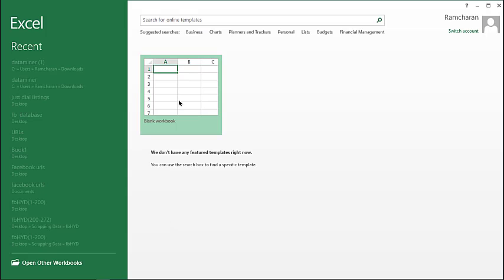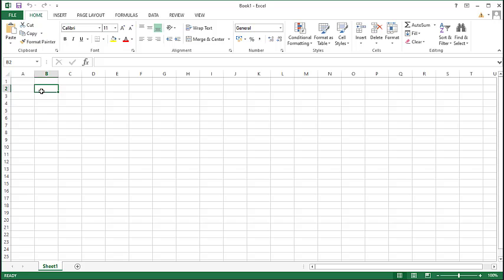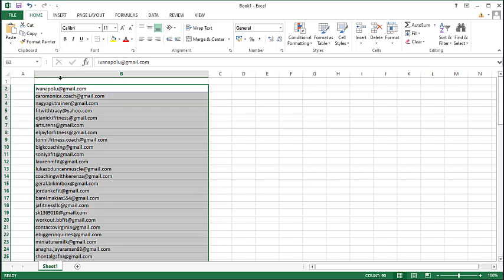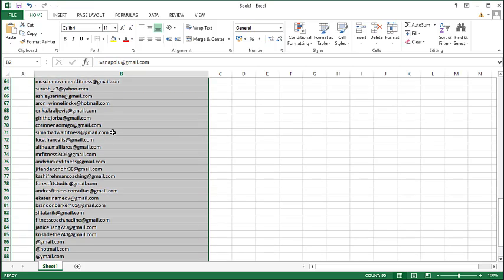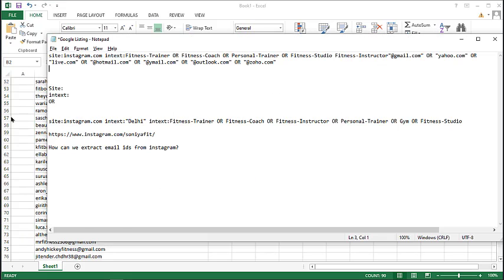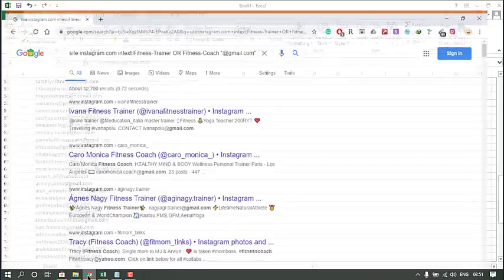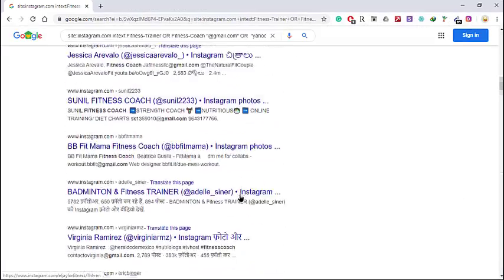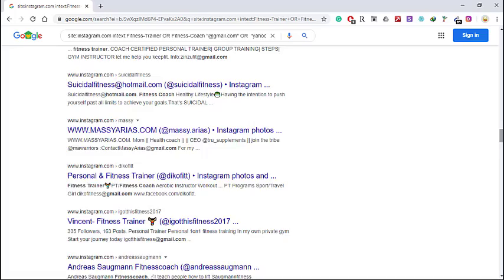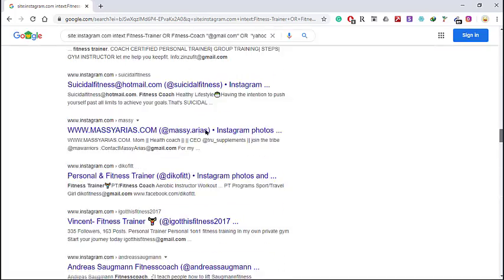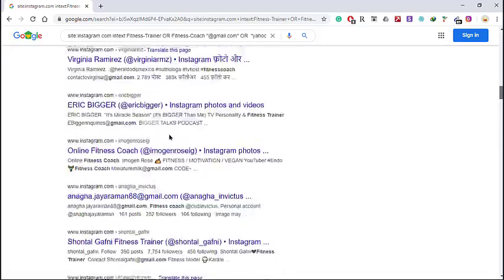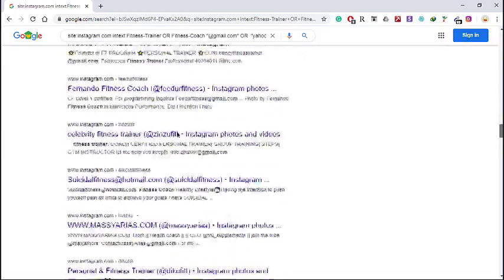This is much easier. Paste it here, and you see all the email IDs are there. You could do this for multiple pages, for the second page, third page, and so on, and that way you will be able to get maximum email IDs, and those email IDs you could use for your drip campaigns.